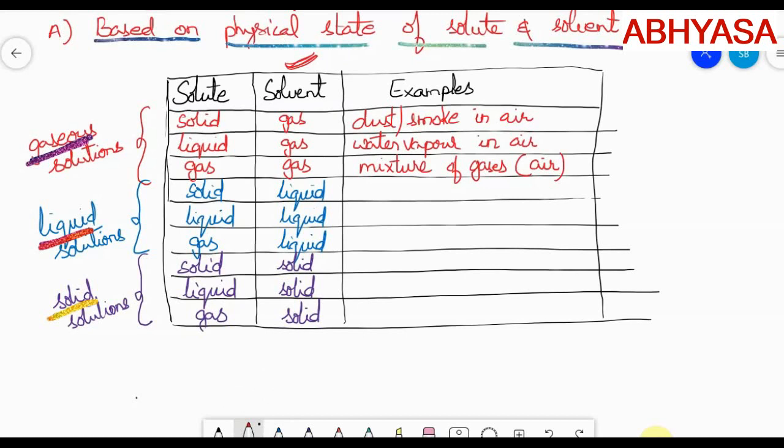And specifically here, these two categories, that is solid in gas and liquid in gas, we will not call them a true solution. These two are not true solutions. They will come under another type of solution which we call colloidal solutions. Those are also solutions, but the name of the solution is different. They are called colloidal solutions or simply colloids. And the remaining ones we are discussing come under the true solution or simply solution.